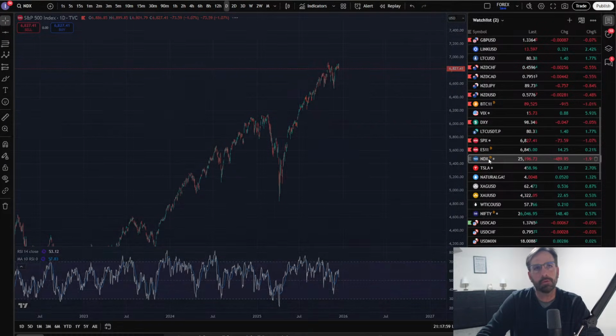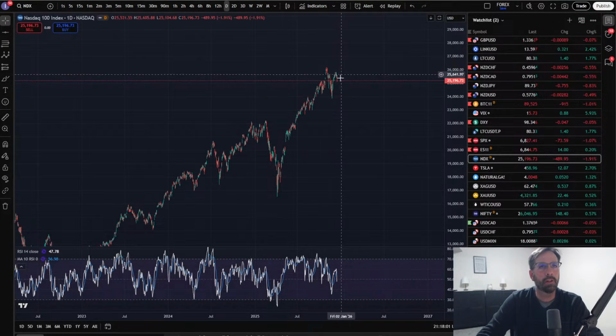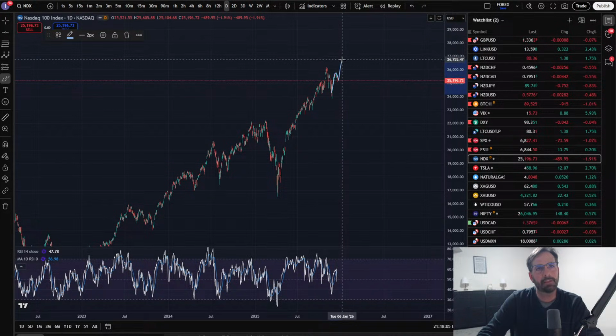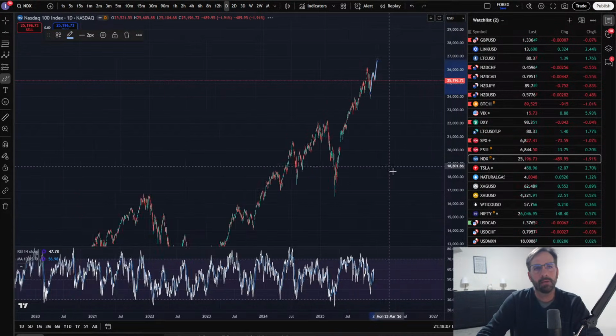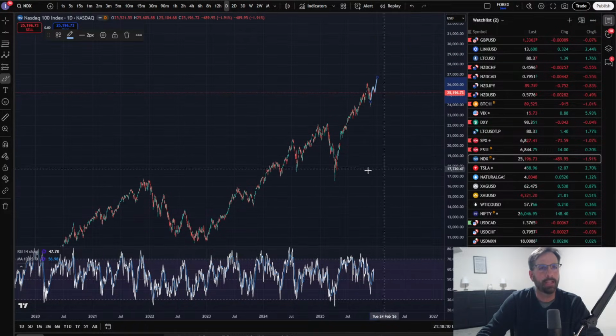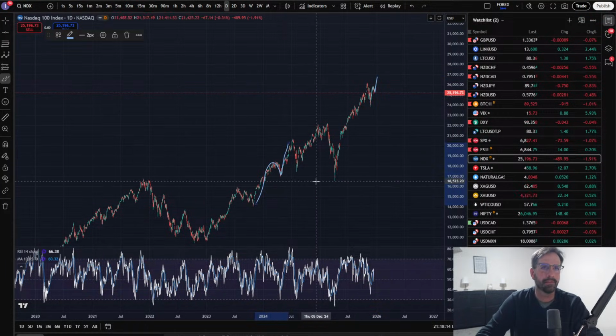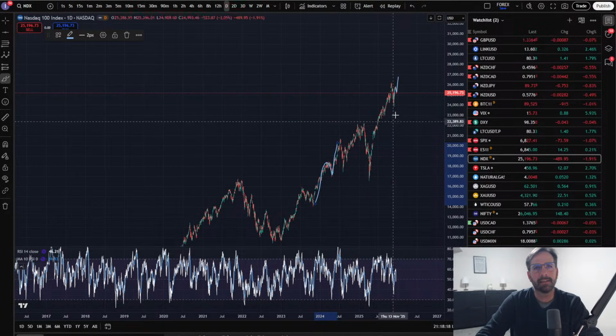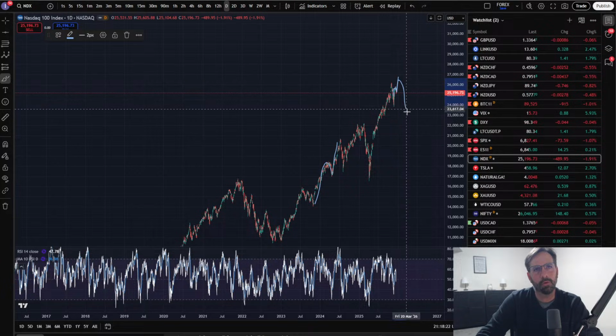Let's look at the NASDAQ real quick. Same thing. Would love to see a little candy cane with a spike. When I say candy cane with a spike, that's what I mean right there. To give you an idea of what that looks like on the chart, there's a candy cane with a spike. That's the kind of shape I like to see. So I wouldn't mind seeing that little candy cane with the spike, and then let's roll over and go.